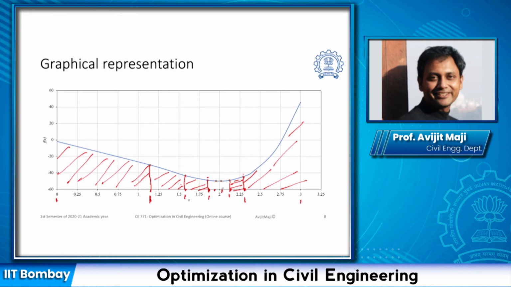And if we compare the objective function value, we find that the objective function value at 2.019, which is here, is better than the objective function value at 1.956, which is here. Hence, we are eliminating the region on the left hand side of 1.956, and once we eliminate, we'll find that